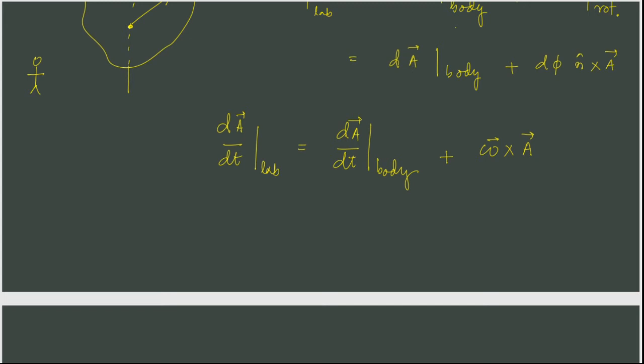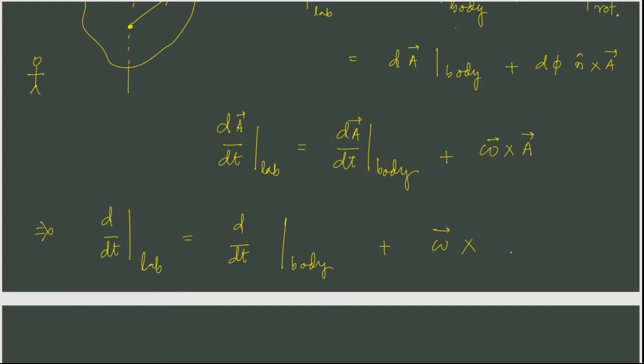It's a very useful result in the sense that we have to simply add the two rates of change. One is with respect to the body frame and the other is the change of the body frame. Now, the change of the body frame is coming purely because of the rotation, and gives a contribution omega cross A. So in general, one can say that we can simply define an operation. It holds true irrespective of A, the particular vector, that the rate of change d/dt with respect to the laboratory frame is given by d/dt with respect to the body frame plus omega cross